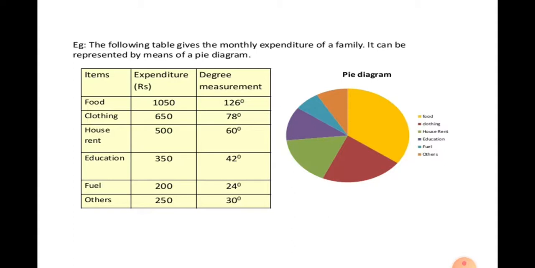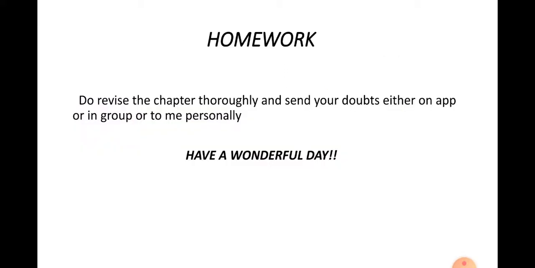Now one more example is there. This is the items expenditure. First we need to convert it into percentage. First we will convert it into percentage, then we will use degree measures and then plot the values. This is pie diagram. Dear students, be careful. We generally first draw the highest angle, followed by the next, and so on, and it is plotted in a clockwise direction.